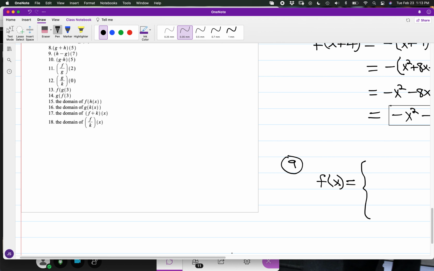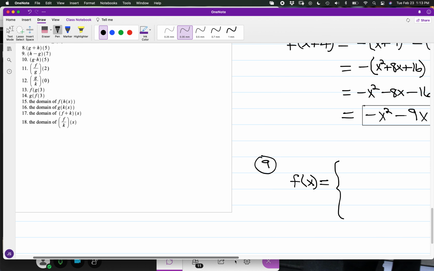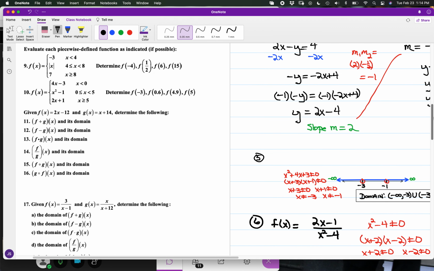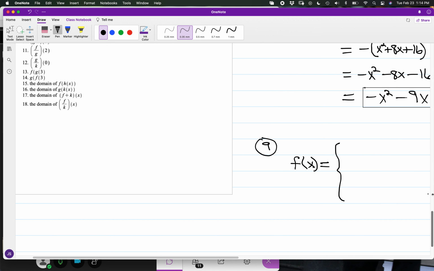In this particular case, we have -3, absolute value of x, and 7. So this is going to be equal to -3 for those values of x